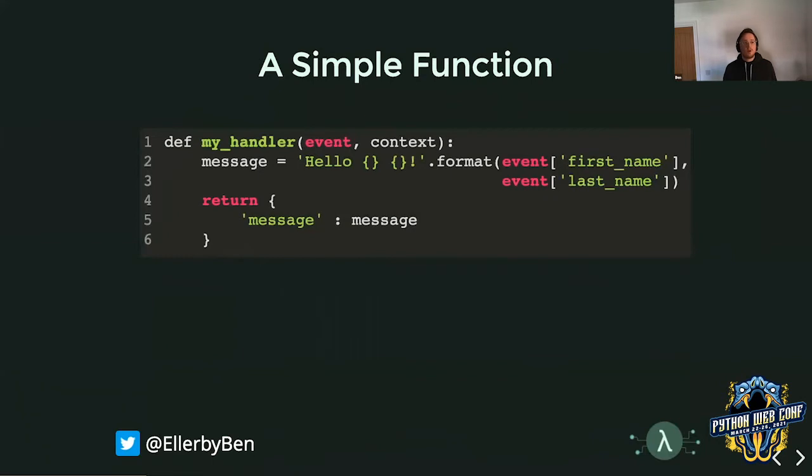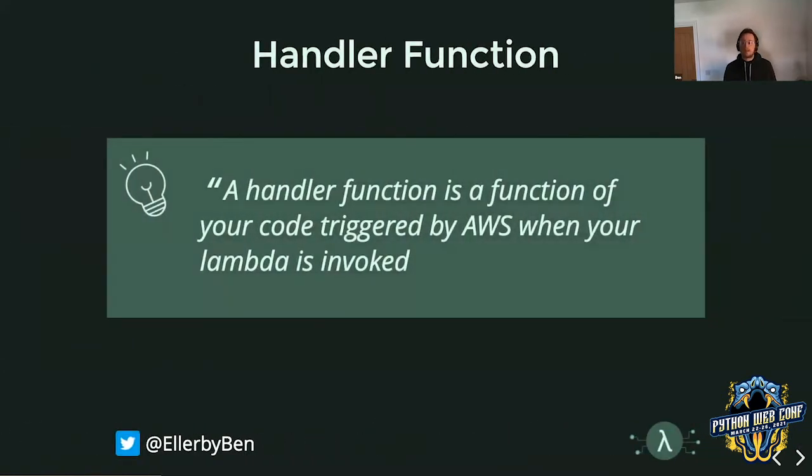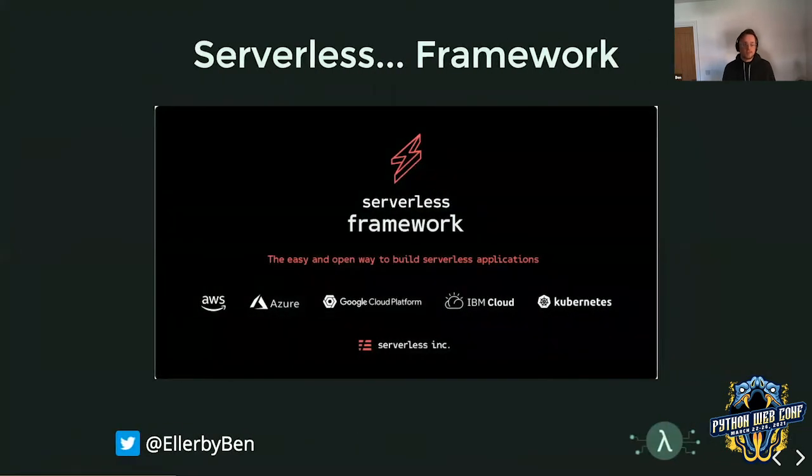As we start to build more complex versions of this, we can pull out different elements from that event object, do some string interpolation, return a message. And that kind of highlights what a Lambda function is. A Lambda function has a handler function, which is a function of your code, which is triggered by AWS when Lambda is invoked. Now, if we want to go and deploy that function, we could go and click through on the AWS console,